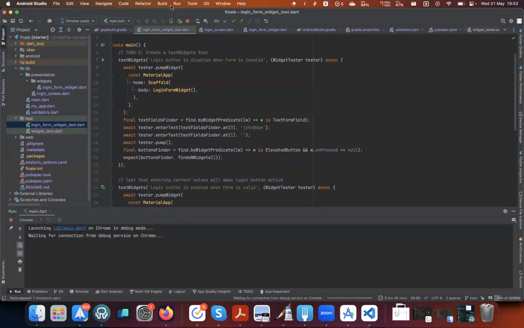So there are different kinds of finders. This is not something that I can cover fully in this presentation, but there are different kinds of finders. You'll find by widget predicate, which will expect you to have a function where it's basically like